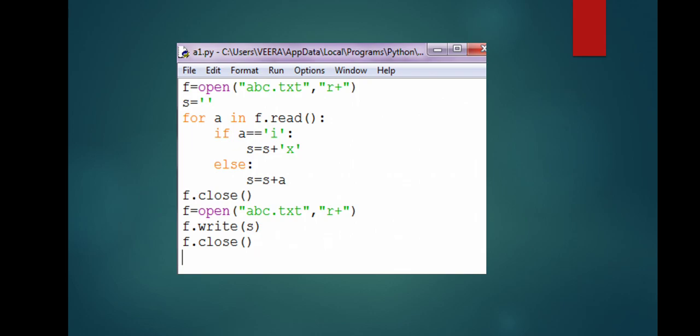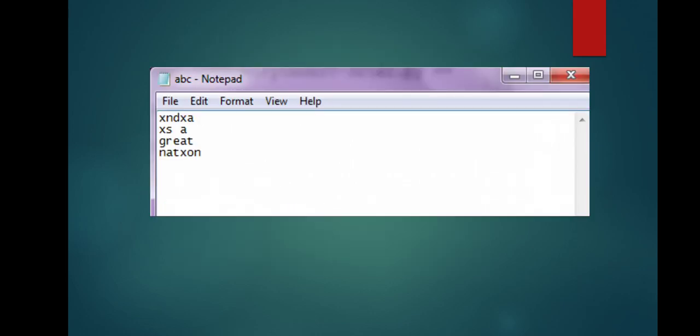So let's see the content. See, all the occurrences of I are removed. Here was an I, here was an I, here was an I, and here was an I. So all four occurrences of I are modified with X or replaced with X. Okay.